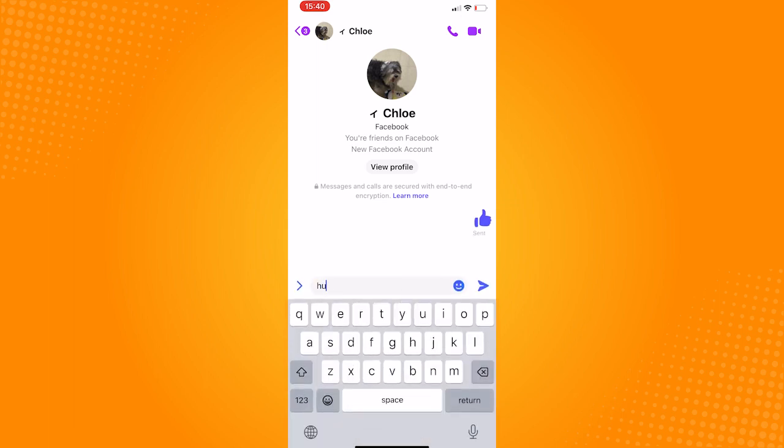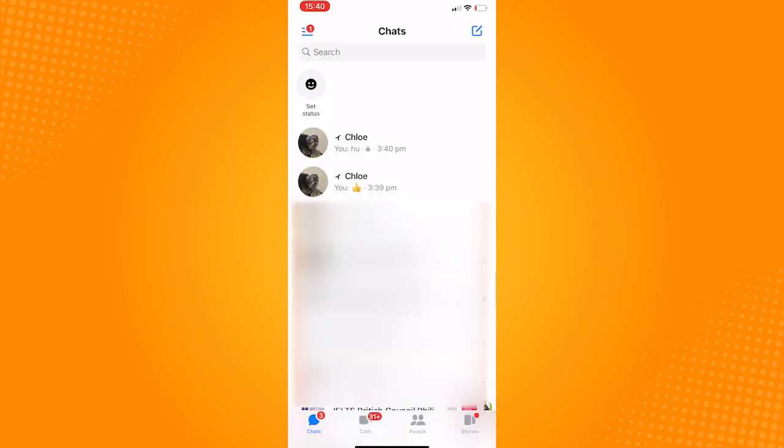Send anything to them, then go back to your chats. Here, you will see two copies of the conversation with the user. The one with the lock icon is the version with the secret conversation. The difference between the secret conversation and the normal one is that you can set your messages in secret conversation